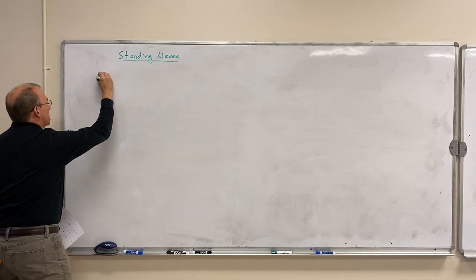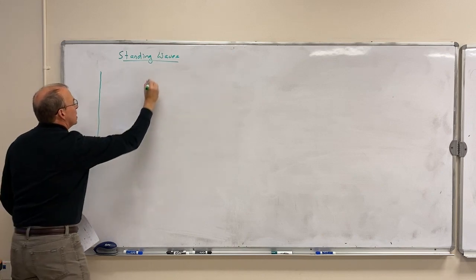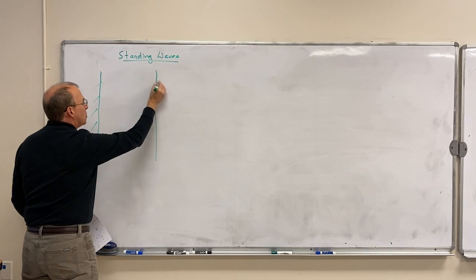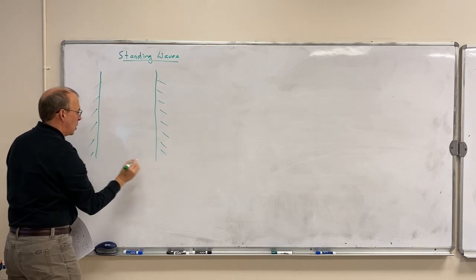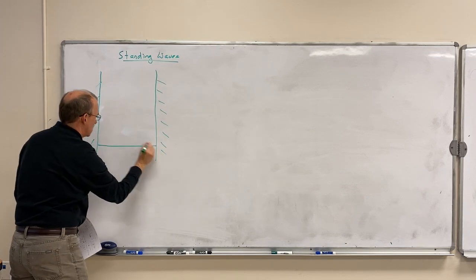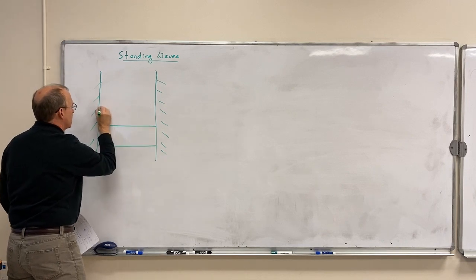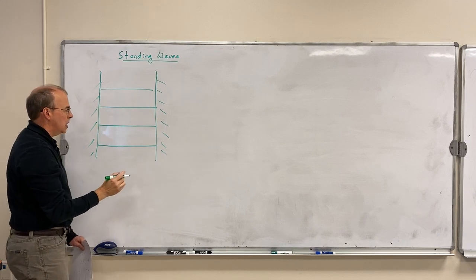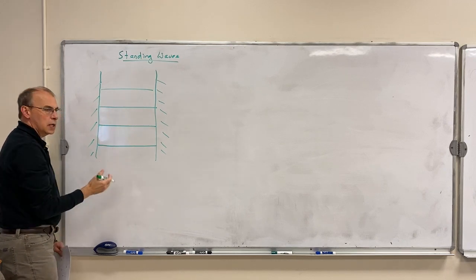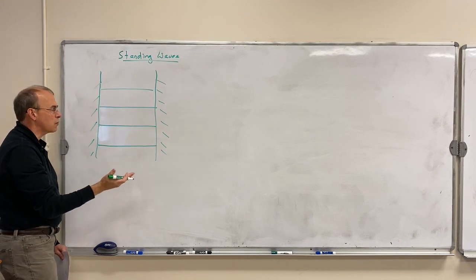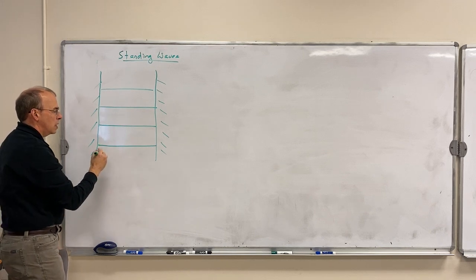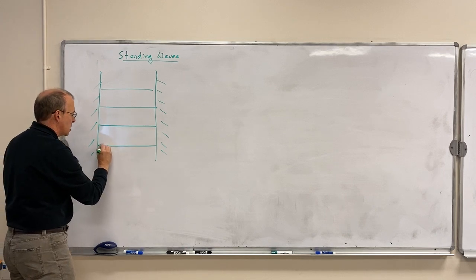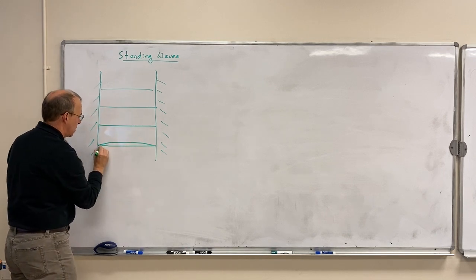I'm going to tie a string between two rigid supports. It could be two poles or two walls. So here's a string, and I'm going to look at multiple situations. I'm going to vibrate this string at different frequencies, and at certain frequencies, because of resonance, the string will have a larger amplitude vibration. So the first case where that happens, the string will vibrate with a shape like this,